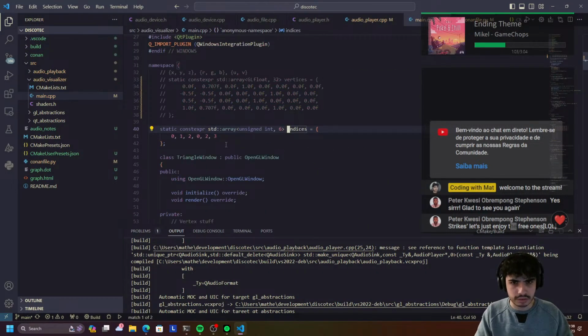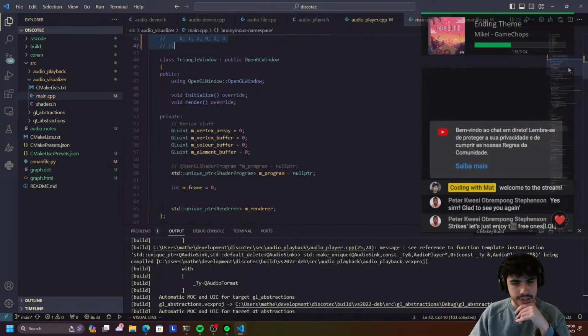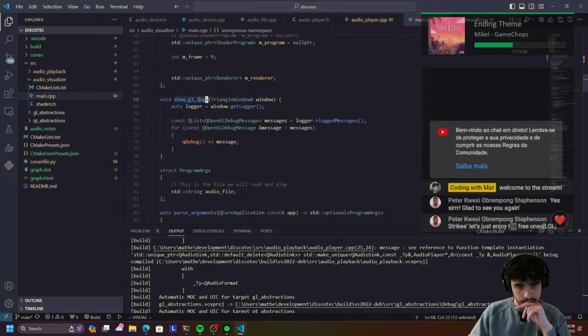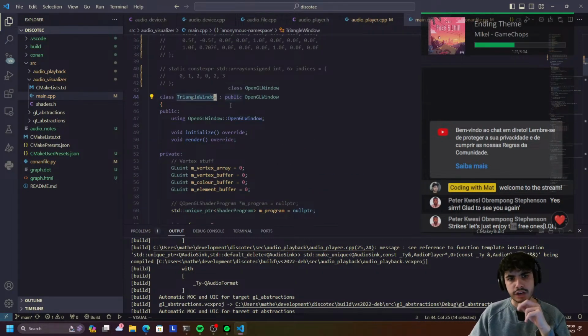Oh no, I can definitely delete the indices, because this particular one has not been used. The text indices is, so. Let's simplify this a little bit, because I have no idea what this even does anymore. Showing the GL logs. Yeah, I think I got this class here, triangle window, from an OpenGL